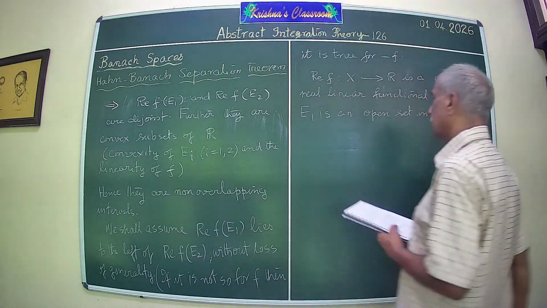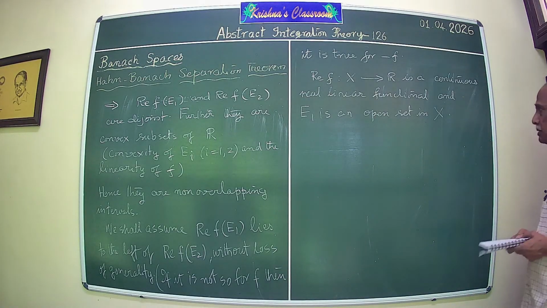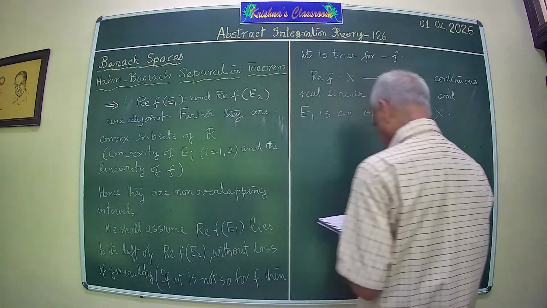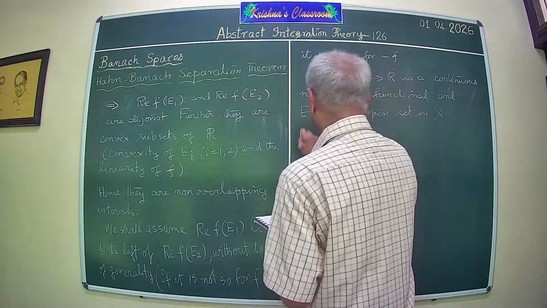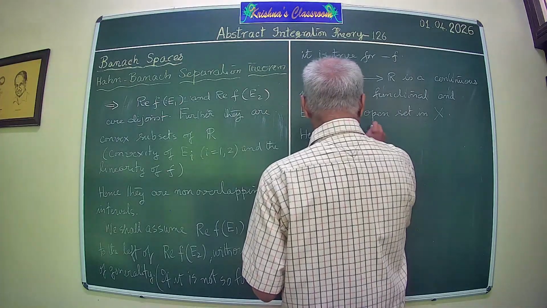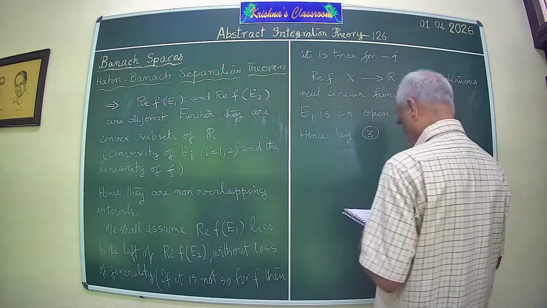Now this is the assumption that E1 is an open subset of X. So what can you conclude? Hence, by the third theorem, we have